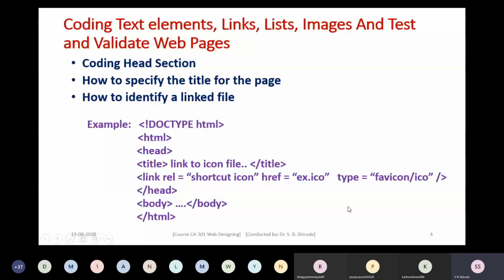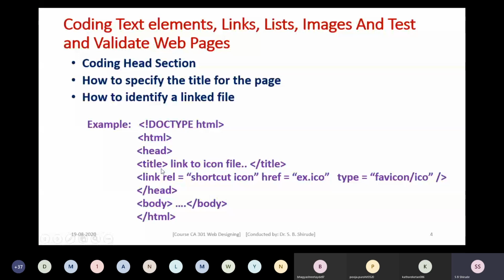On this slide, we will learn how to code the head section. The head section starts with the head element, and in the head section we normally specify the title for the page. See here in this example: the DOCTYPE HTML, the start of the HTML tag, head, and in the title, some title is given, such as link to the icon file.